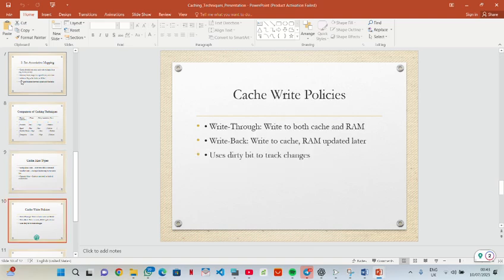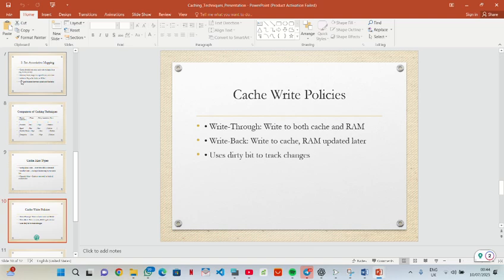Cache write policy. When the CPU writes data, the cache follows one of two main policies. One is write through. The data is written to both cache and RAM at the same time. Another one is write back. The data is written only to cache at first and RAM is updated later. In write back mode, we use a dirty bit to keep track of modified data that hasn't been saved to